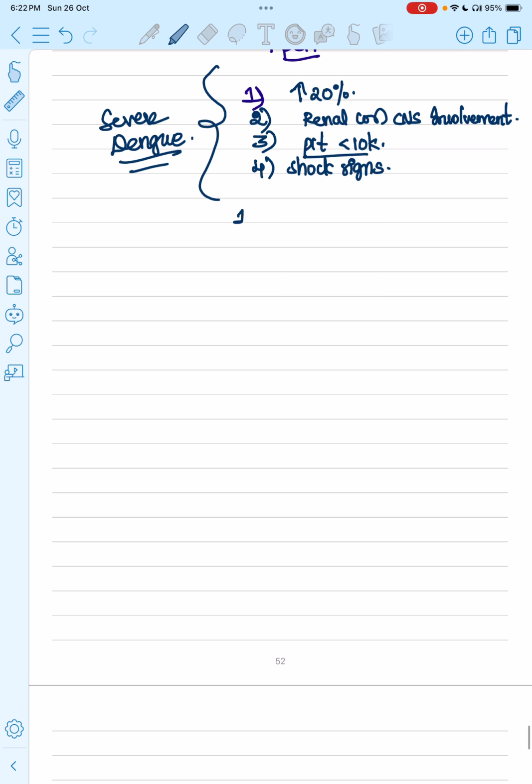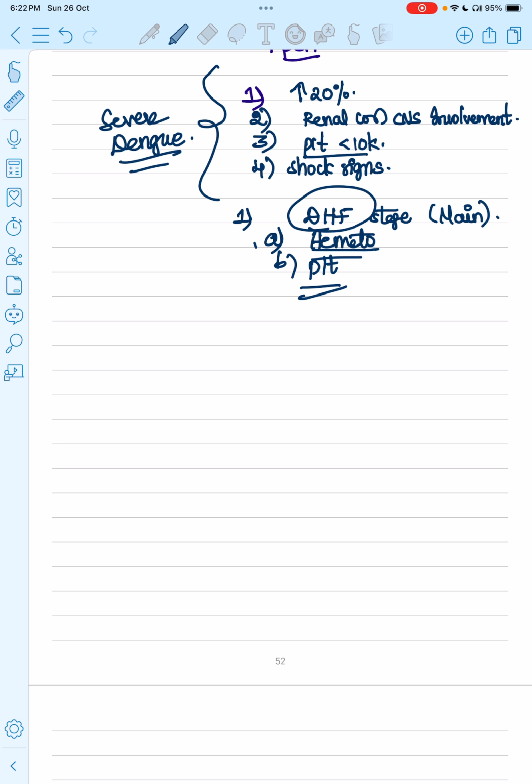There was one more question in INICET. A patient is in dengue hemorrhagic fever stage. What would you monitor? The options were hematocrit in one option and platelet count in another option. So in dengue hemorrhagic fever, you will monitor hematocrit or platelet. I mean, the main monitoring is to be done for hematocrit value only. It's not about platelets. Platelet count may be decreased in simple dengue also, but the main characteristic feature of dengue